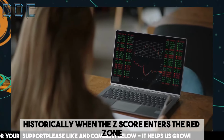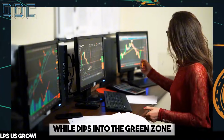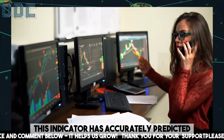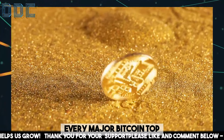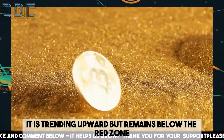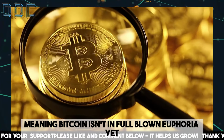Historically, when the Z-score enters the red zone, Bitcoin is in a mania phase and close to topping out, while dips into the green zone signal major buying opportunities. This indicator has accurately predicted every major Bitcoin top within about 2 weeks before the peak. Currently, it is trending upward but remains below the red zone, meaning Bitcoin isn't in full-blown euphoria yet, but it's